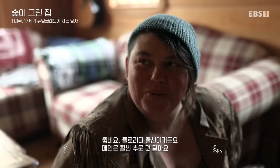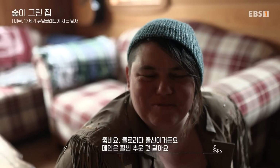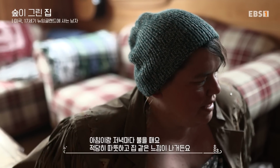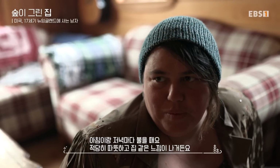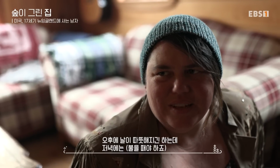Well, it's cold. I'm cold. I'm from Florida. So Maine is much colder for much longer now. And yeah, we try to keep it nice in the mornings and the evenings so that it's a pleasant place to hang out and feels warm and homey. By the afternoon it will warm up, but in the evening it gets